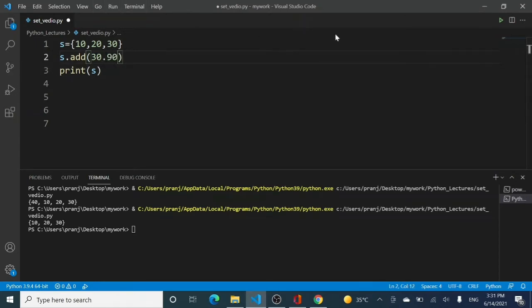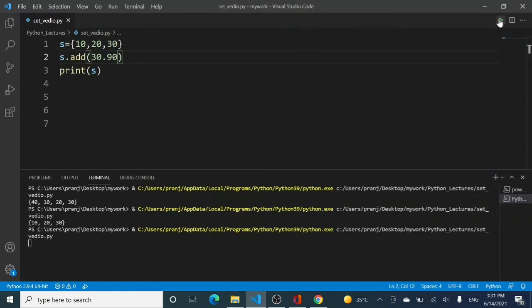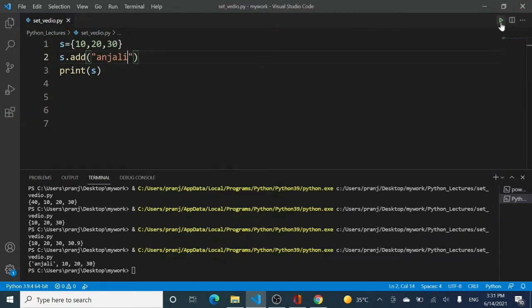Is it possible? Is a set a homogeneous type of data element? No. Can I add strings in a set? So let it be a string value, and running it, you can see that yes, Anjali is also added to your set.